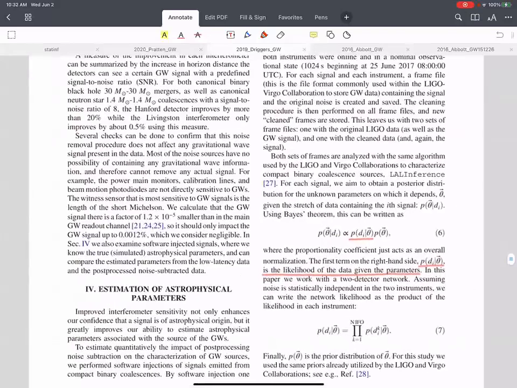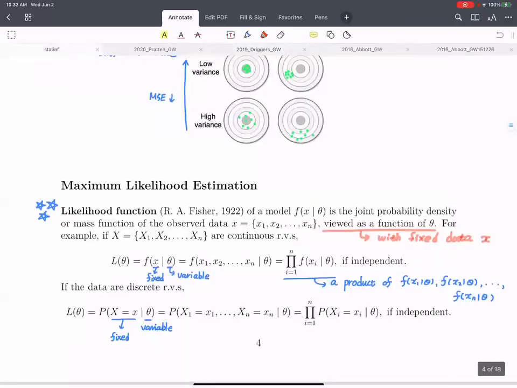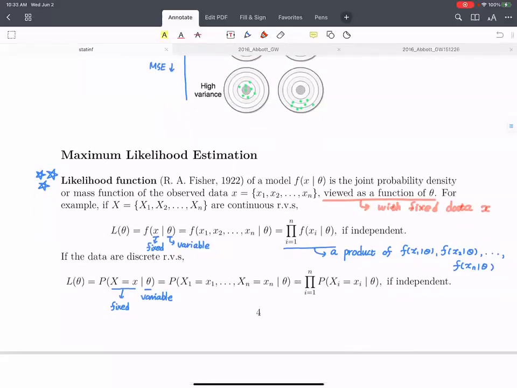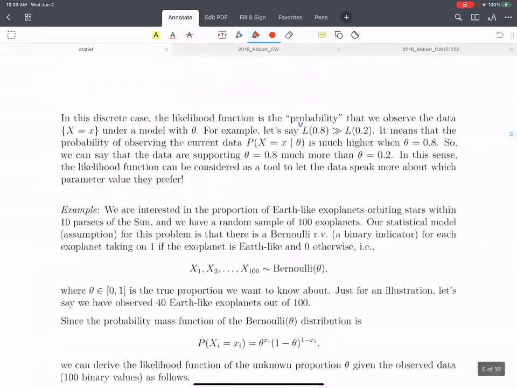Since you just learned what the likelihood function is, I hope you use some correct phrase or expression for the likelihood function. One more time, the likelihood function is a joint probability density function considered as a function of the parameter given the fixed data. Just want to emphasize that one more time before I move on.